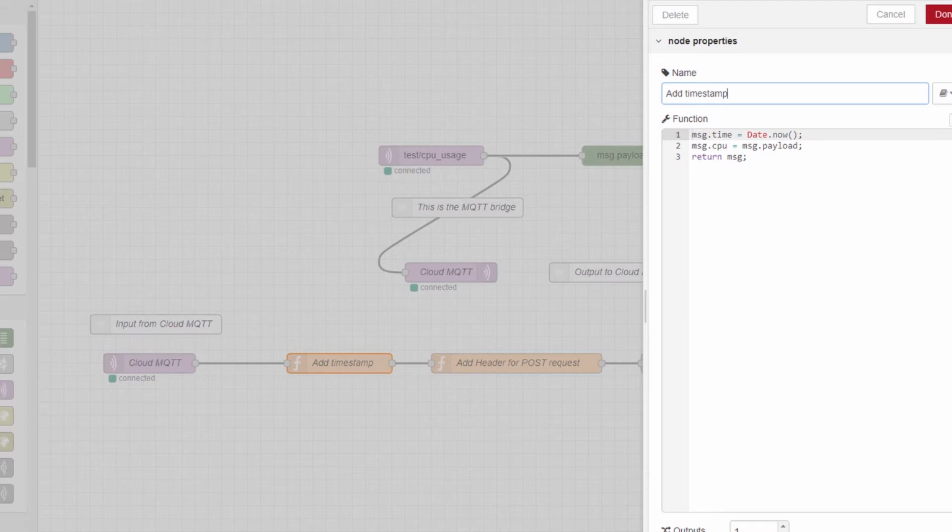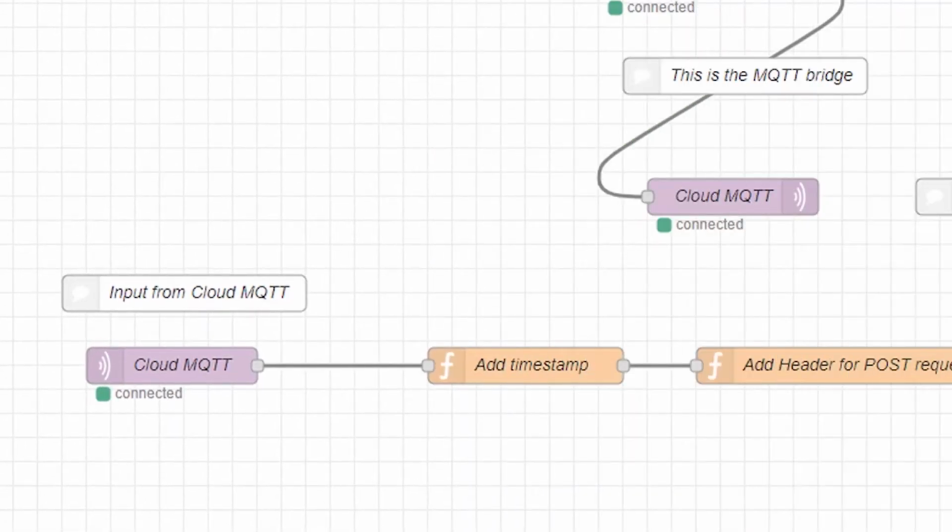The entity msg.payload always contains the information from the previous node. Therefore, we now assign msg.payload, our readout CPU usage, to the new entity msg.cpu. We will soon see how we can use this later. So we have restructured our message object and added a timestamp.